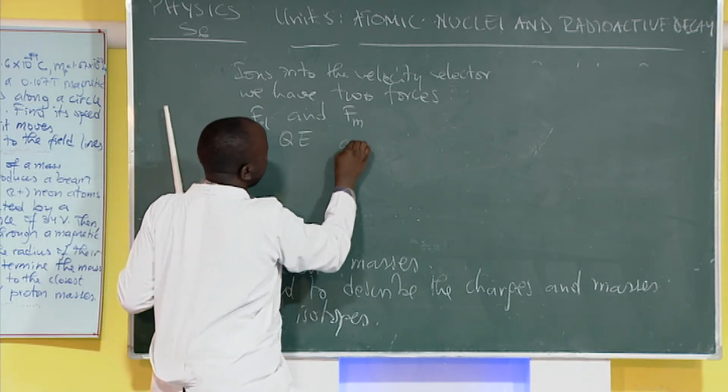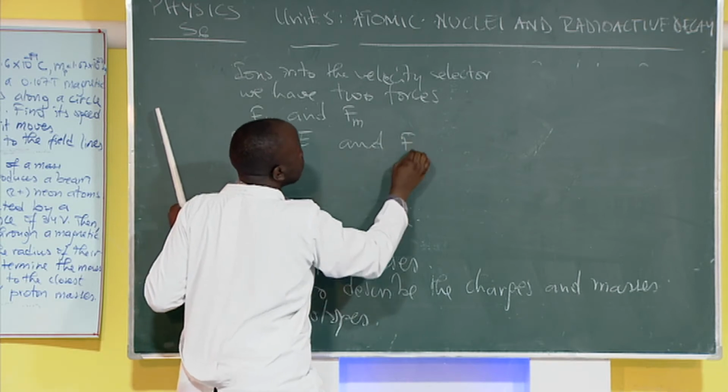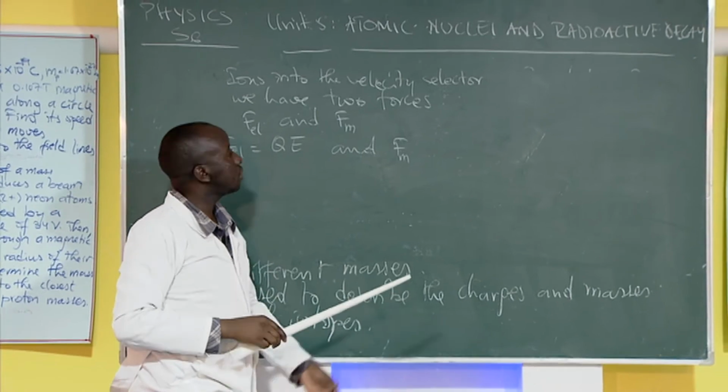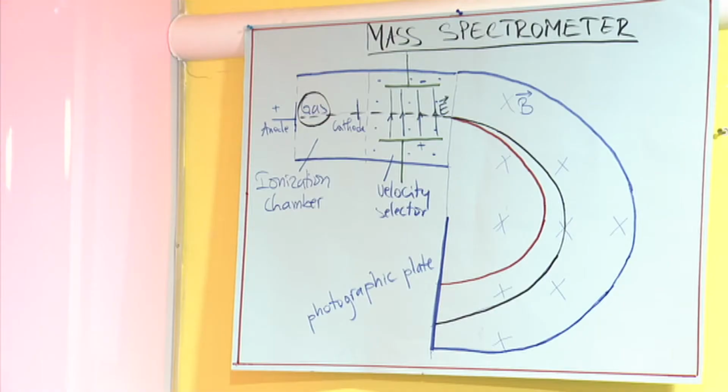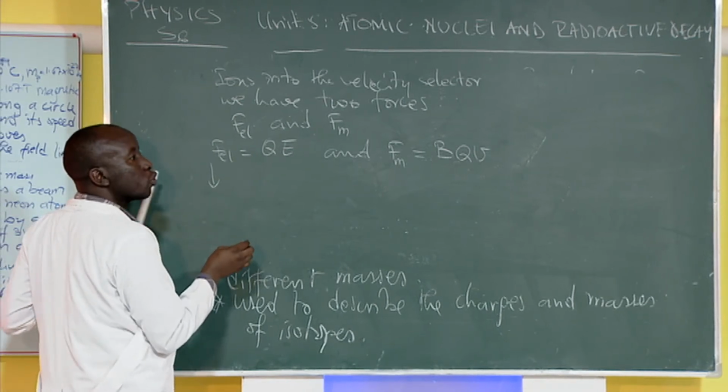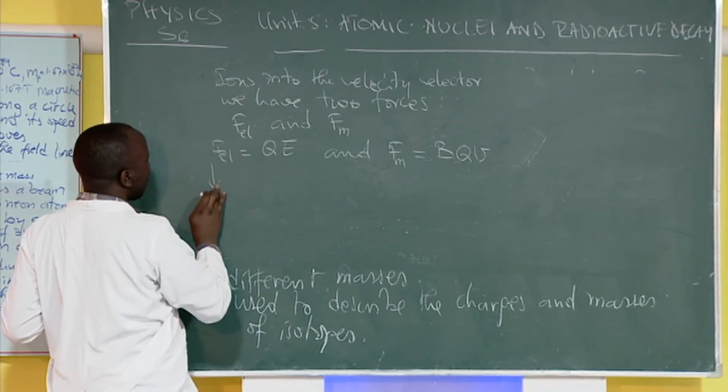And then the magnetic force, because we have these charges moving in a straight line, and they are now reaching this magnetic field, which is perpendicular. So this time we have the magnetic field times the charge times the speed of this electron. And because these two forces are the only ones that act on the ions, then from